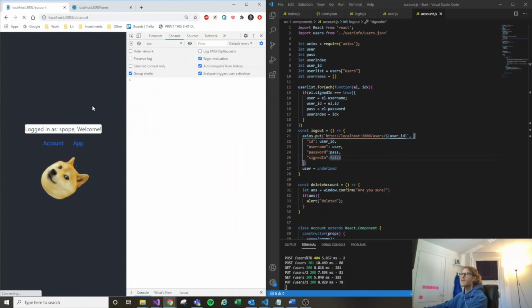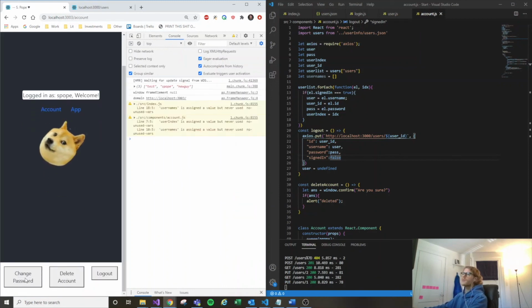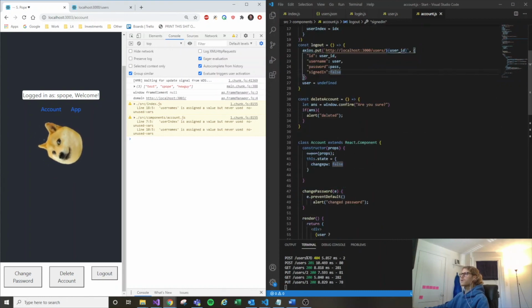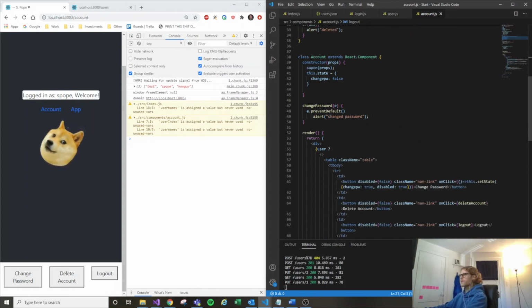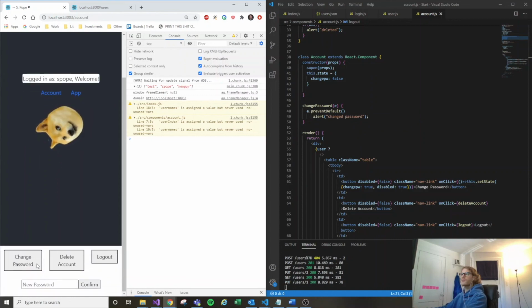Nice. Go back to our account. And now we want to be able to change our password. And this is going to be another put. So we can snag this again. And this is just going to, I guess it does that, but actually